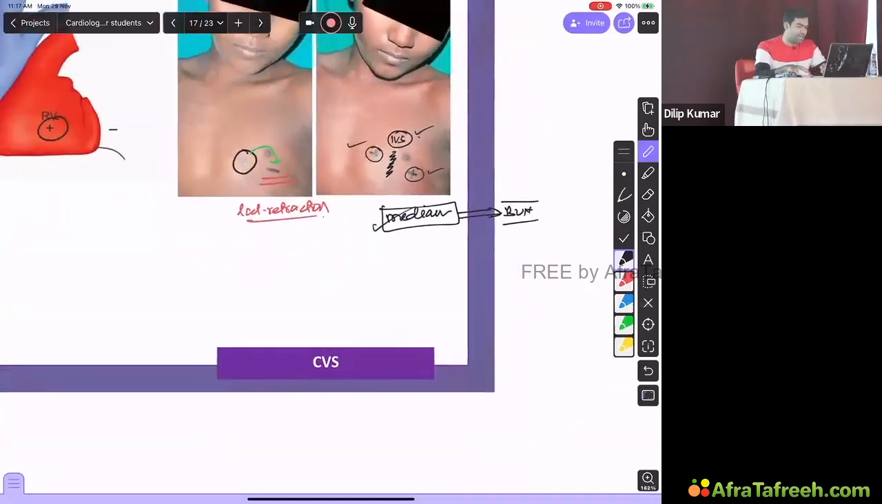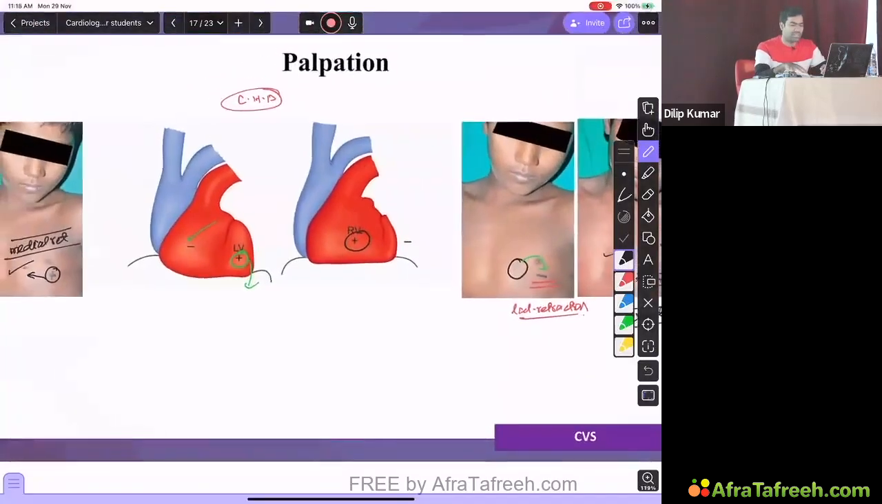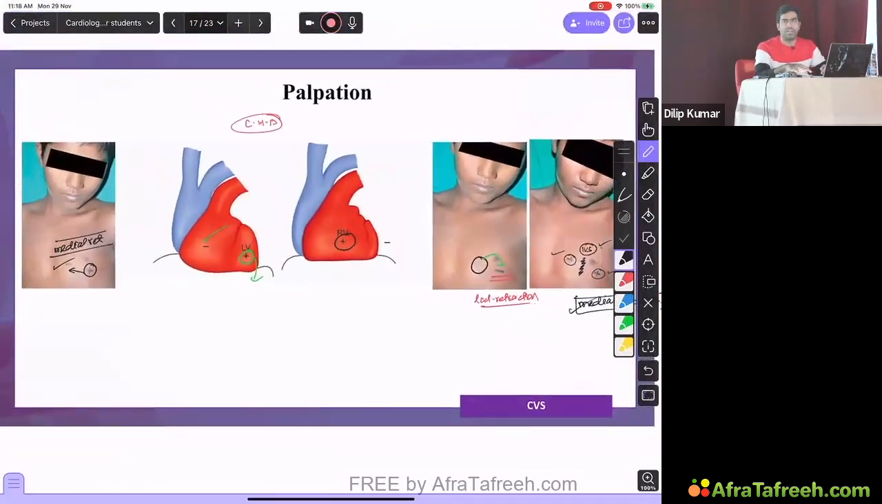So the examiner may not torture you with so much evidence, but they will ask you how to find out at least. This is a realistic way to find out whether it's an LV apex or RV apex. But in certain conditions, you will be really able to see. For example,